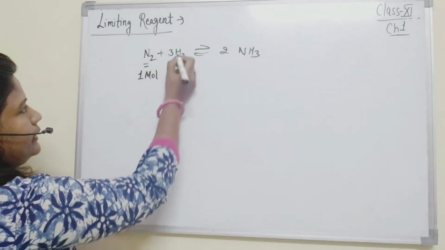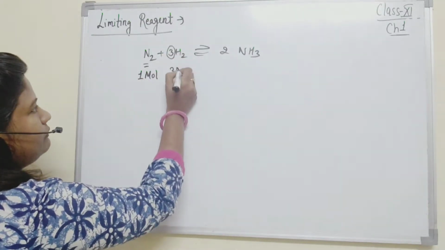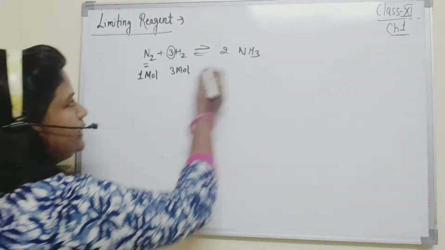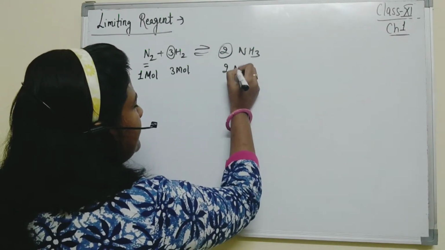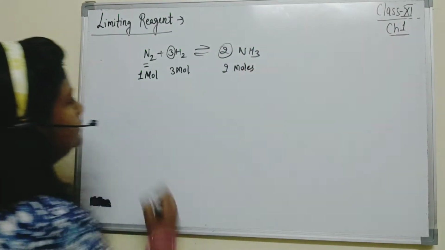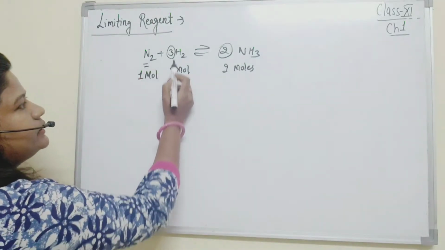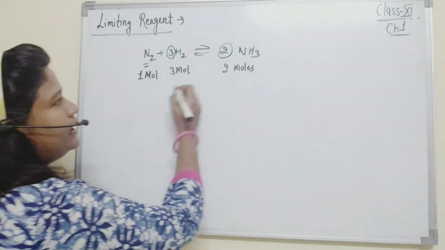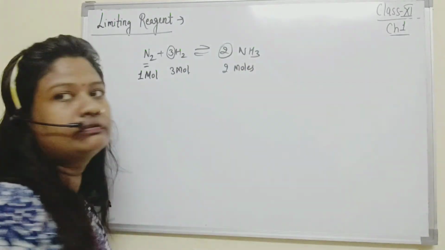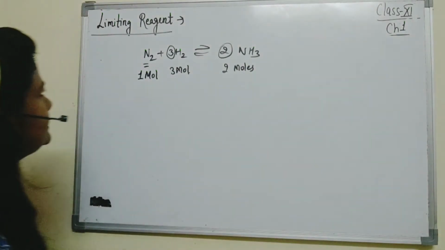And here 3 moles of hydrogen are present. Here 2 moles of ammonia are formed. Now 1 mole of nitrogen is reacting with 3 moles of hydrogen and forming 2 moles of ammonia. It means